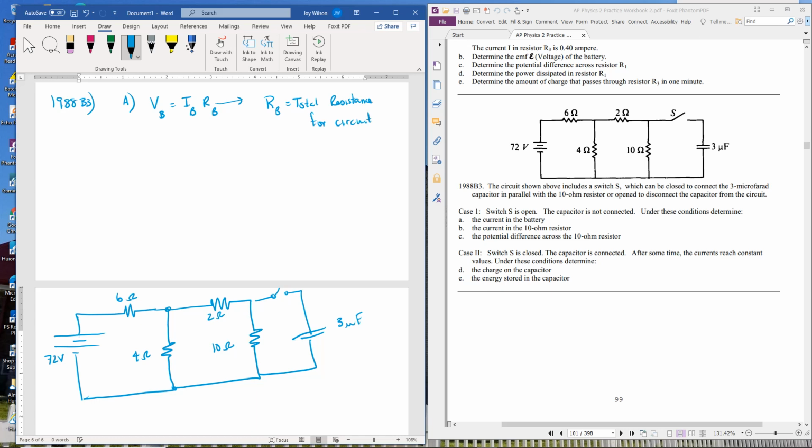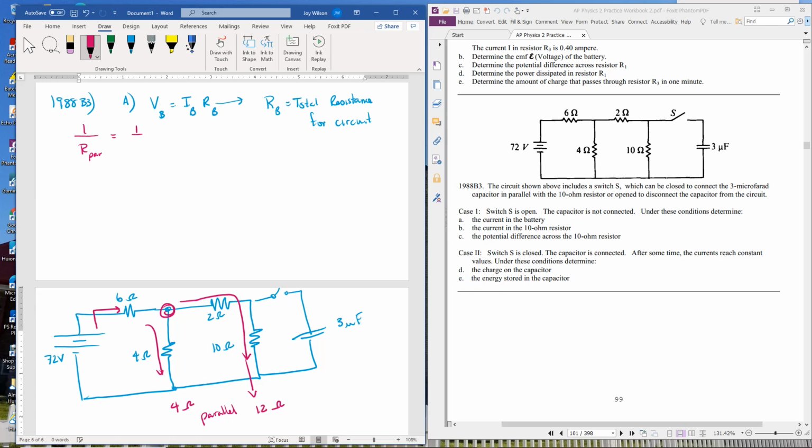So what I'm going to do is start tracing. That's a series one, so that's going to be just add directly. But right here I get a split. If I go down this path, it has 12 ohms of resistance, and if I come down this path, this has 4 ohms of resistance, and these are in parallel. So the first part I'm going to do is resistors in parallel